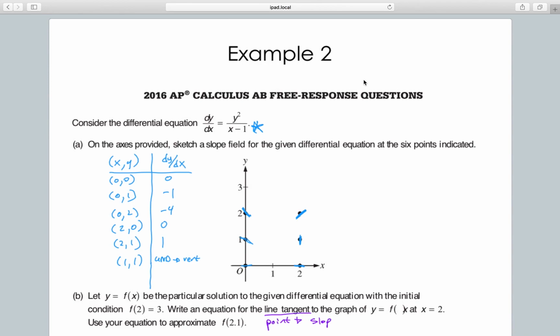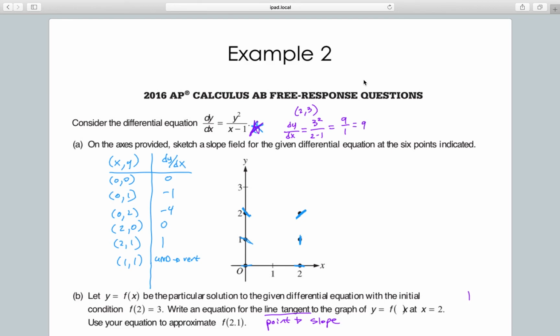They give us the point. The point they give us is 2, 3. And the slope we can get from our differential equation formula, right? So we're looking at 2, 3. dy dx at 2, 3 will just be 3 squared over 2 minus 1,